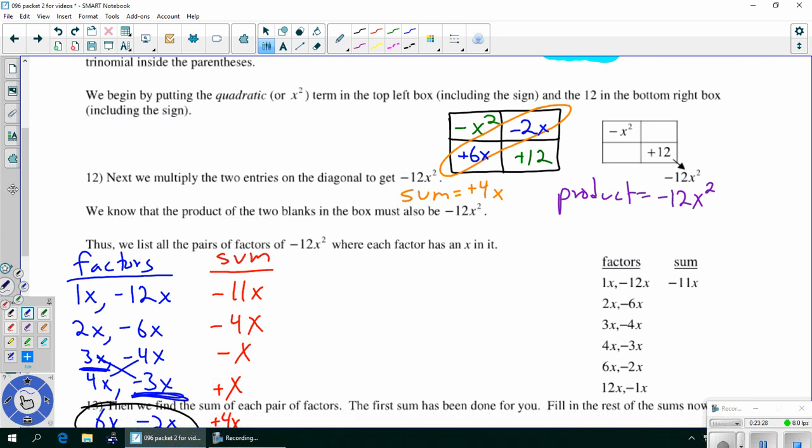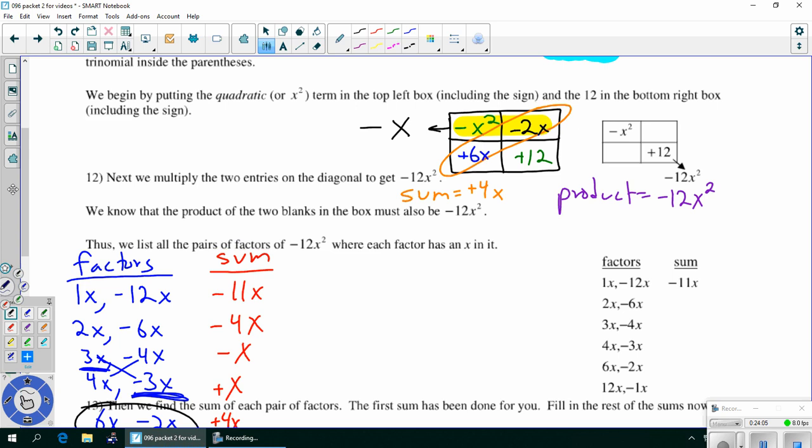Okay, that is the hardest part of this process, finding the two things that go in the blanks. Next up, we're going to look at the first row only. I'll highlight it here in yellow. And we're going to pull out the greatest common factor, and we're going to write it here in the front. So what is the greatest common factor of negative x squared and negative 2x? Well, they're both negative, so I suppose I'd like to say that the negative is part of the greatest common factor. The biggest number I can put into both of them is actually just a 1, so I think negative 1 is all we can do there, but they also both have an x in them,